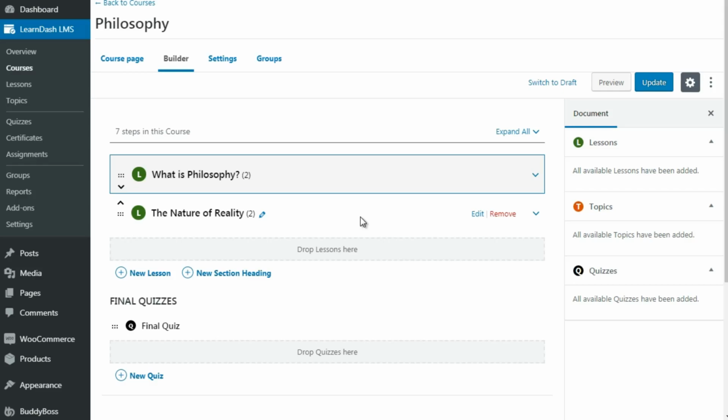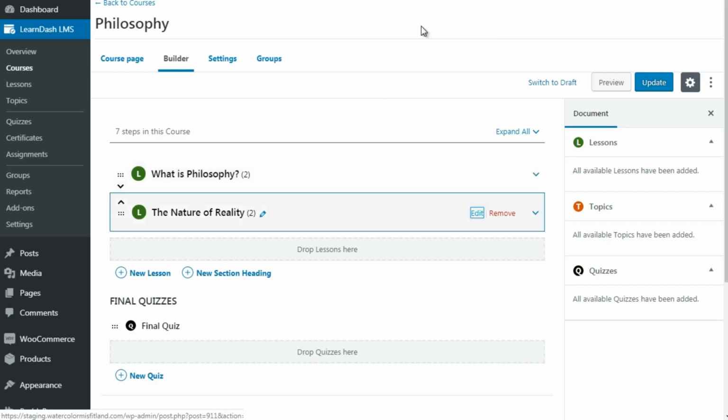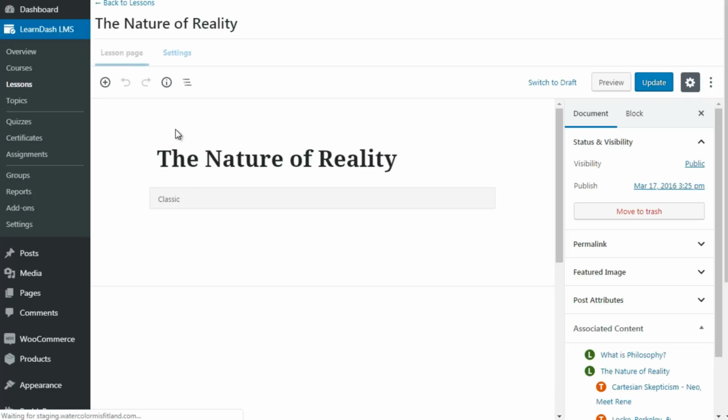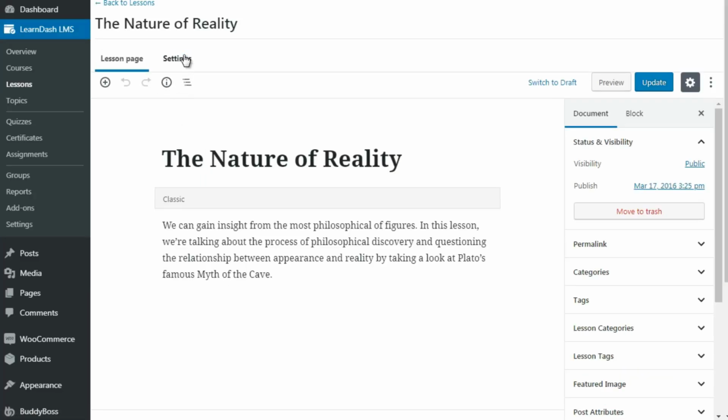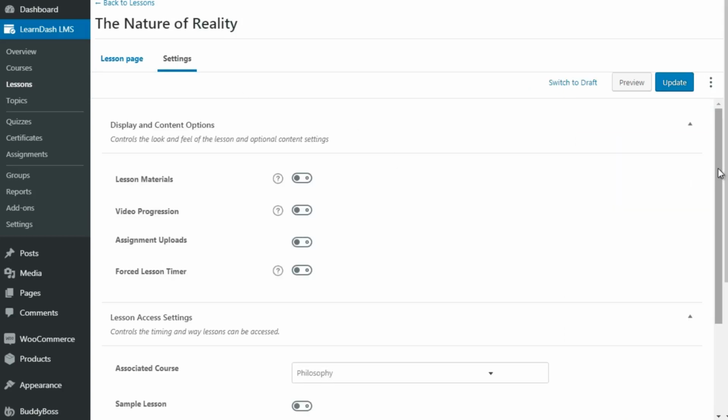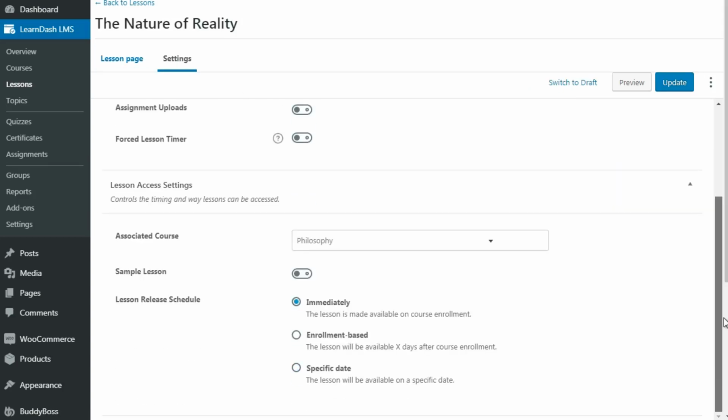To do that, it's really easy to do. You just click edit like that. And what that will do is it'll go into that particular lesson. And we want to go to settings. And if we scroll all the way down to the bottom, it's going to say lesson release schedule. So this is the drip feed option.